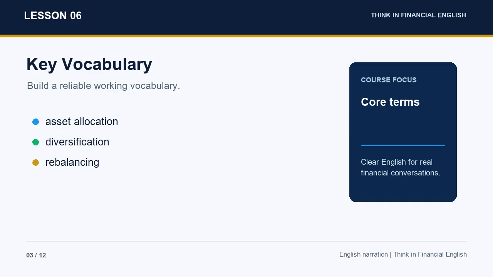The same word can sound simple in a dictionary but become very specific in a meeting, a client call, a credit memo, or a market update. For example, a word such as risk, return, liquidity, suitability, or exposure is not just vocabulary. It is a signal that a decision must be made. So when we study this lesson, we will not treat English as decoration. We will treat English as a tool for thinking, analyzing, and communicating with discipline.